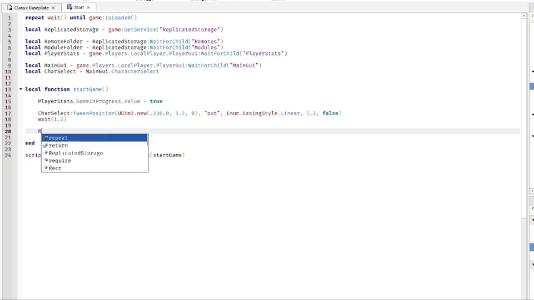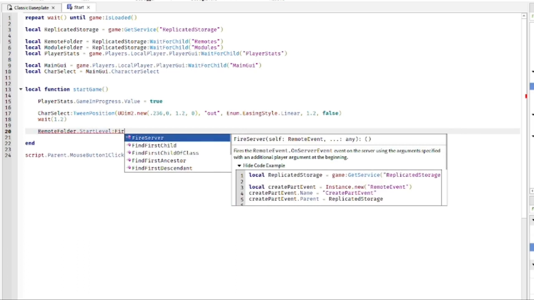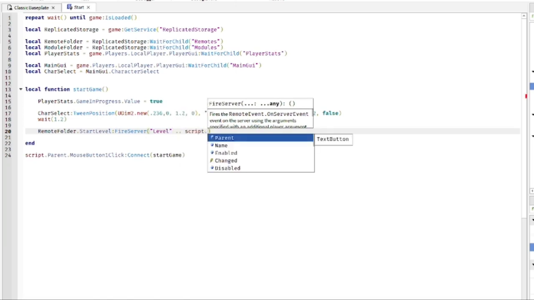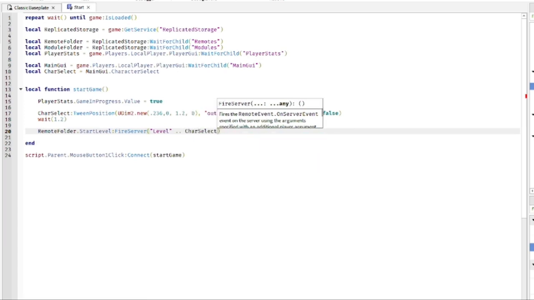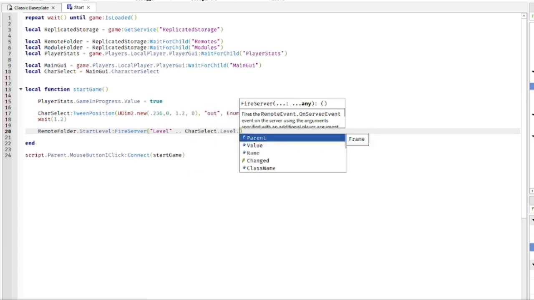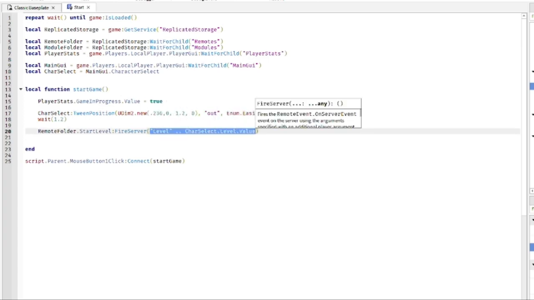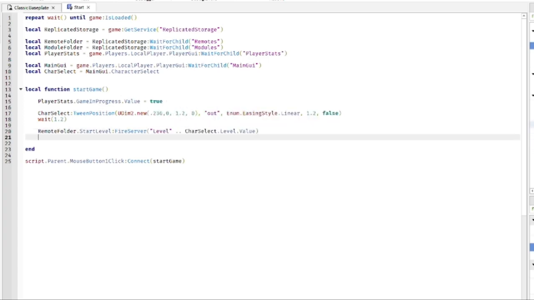So then I'm gonna get remote folder dot start level fire server level, script dot char select dot level dot value. This will make more sense on the receiving side, so when I make that, but for now I am going to make the back button,